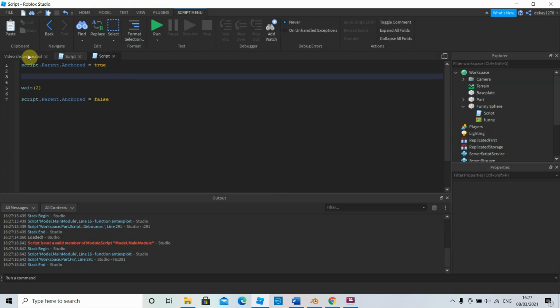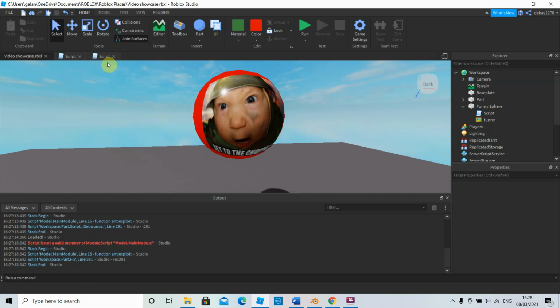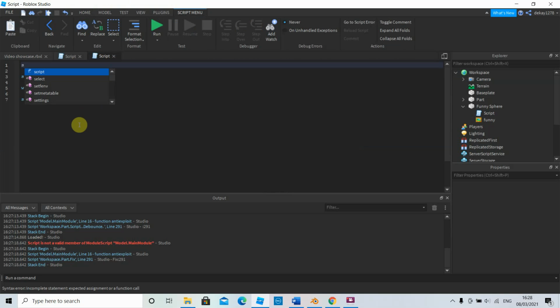So at first I want the brick color to stay really red. So script.parent.brick color equals